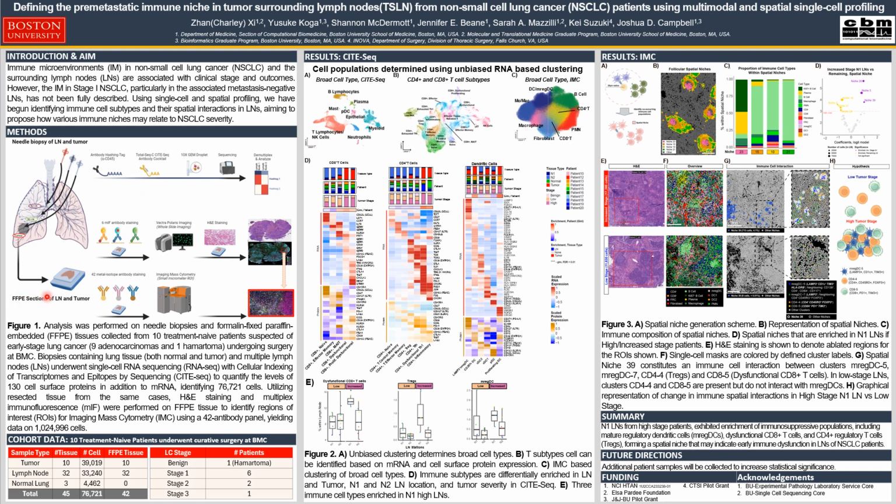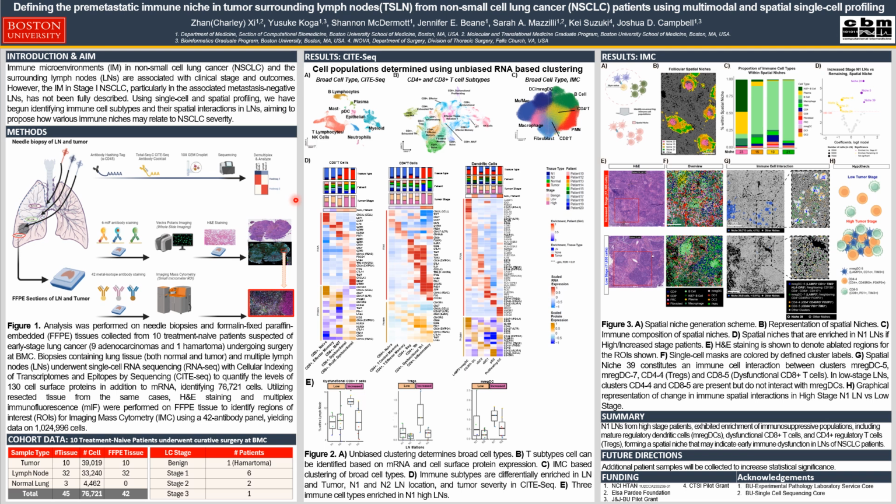Simultaneously, we also obtain FFPE sections of these lymph nodes and tumor samples, and we do imaging mass cytometry, for which we can use up to 42 different antibodies to create a panel to spatially resolve the immune microenvironment within the tumor and the lymph nodes. Our samples are very well obtained because we get both the fine needle aspirations as well as FFPE tissues directly from the patients. So we guarantee that the